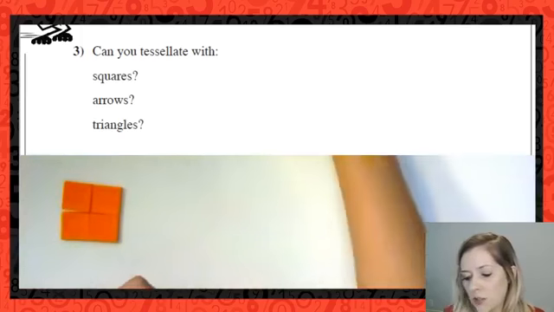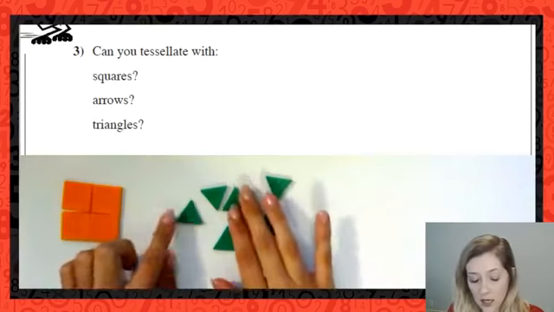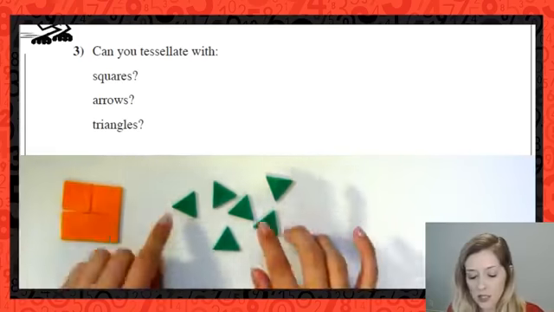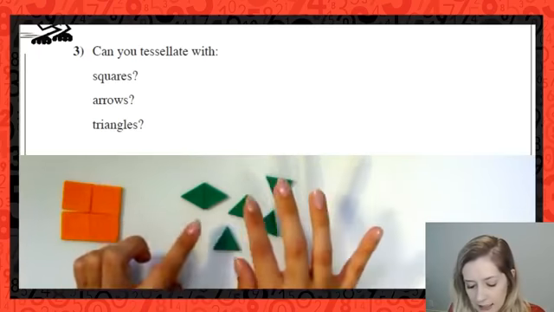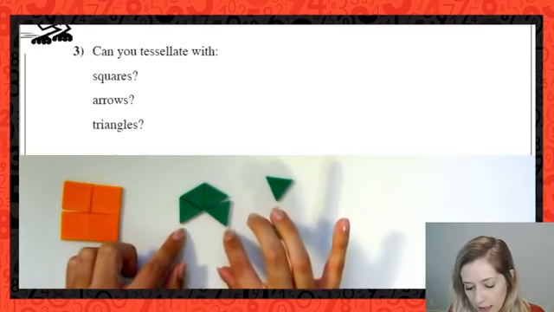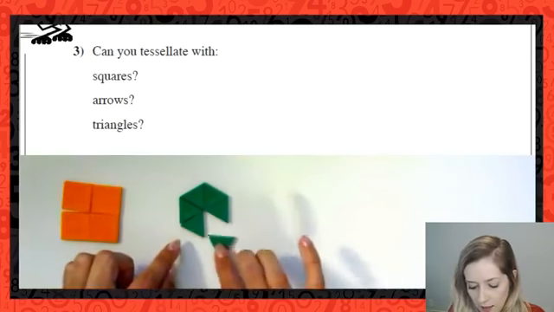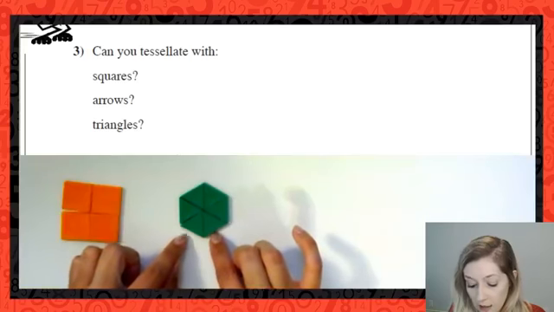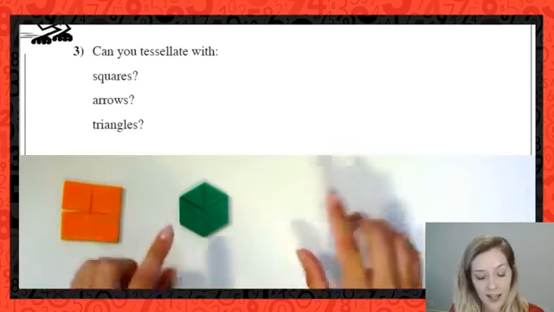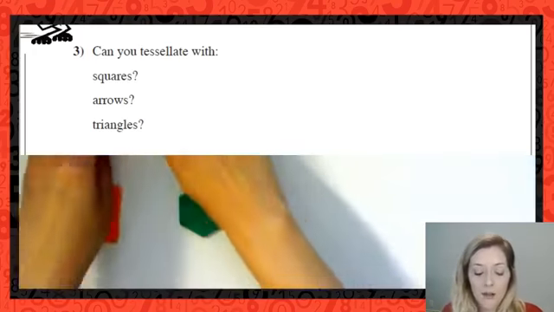I'm going to jump to the triangles just because I have the pattern blocks here. I have a bunch of equilateral triangles here, an added challenge to you might be to explore different types of triangles. But let's just see, can I tessellate with triangles? I'm just going to put some of them together. It looks like this is really nice to me, supposing that I don't ruin it. Not only does it look like I can tessellate, and if I had many, many more triangles, I'd be able to fill it in, but maybe you've made an observation just the way that I've put the triangles together, and